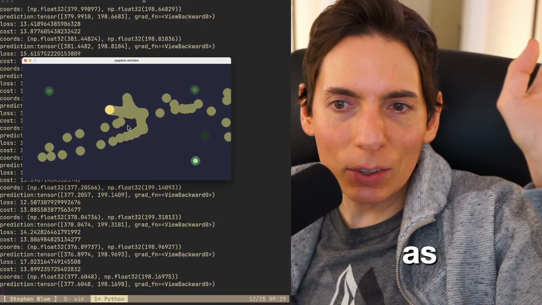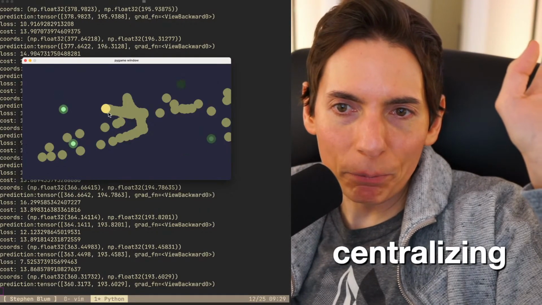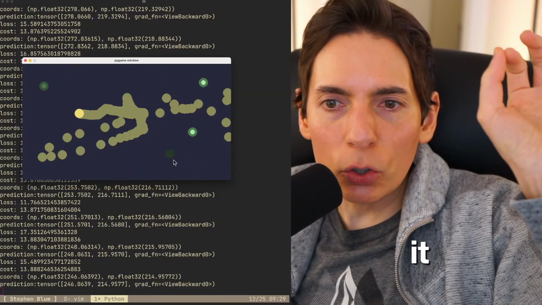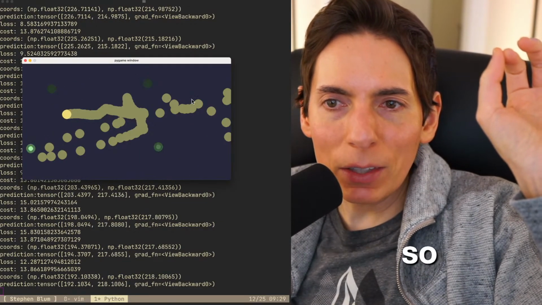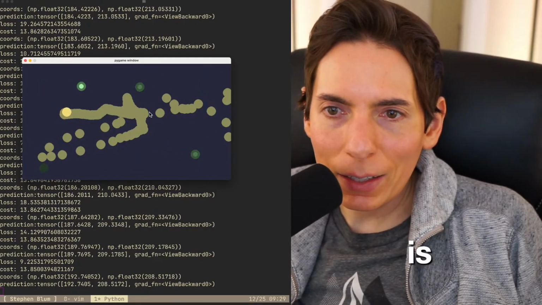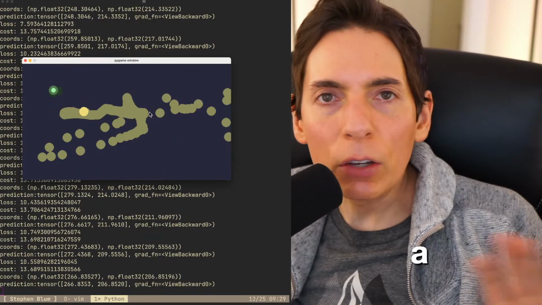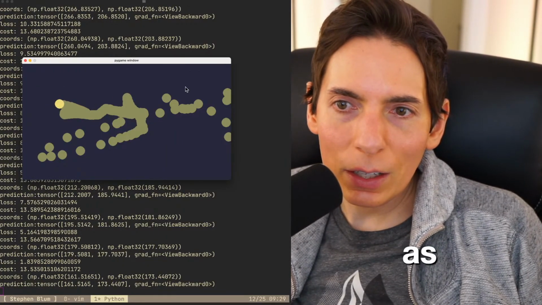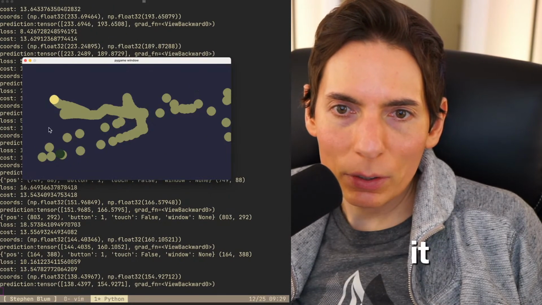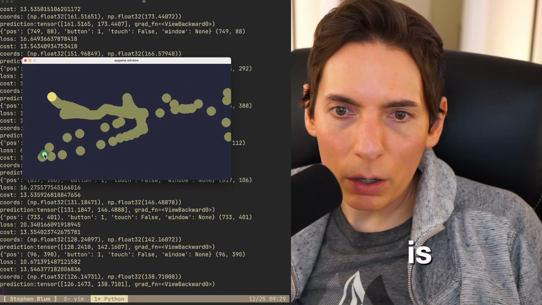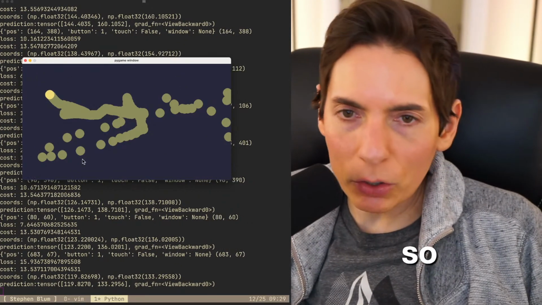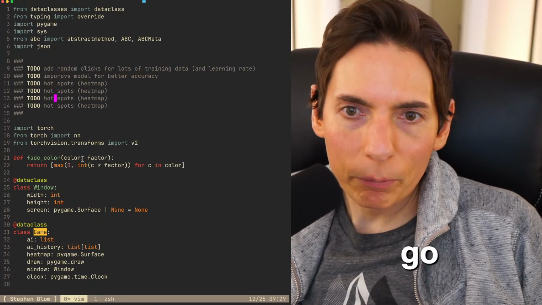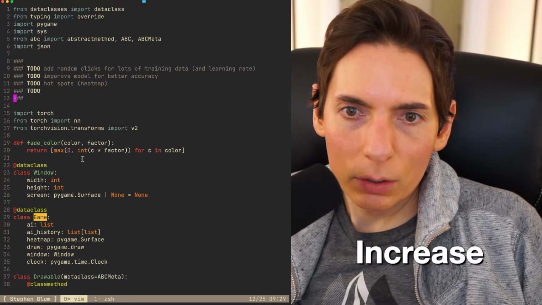So now, as you can see, it's centralizing, which is still a problem. I think it's still a problem because it really needs to track independently. So another thing that we need to do is add in a different model. We need to add in some LSTM layers. As you can see, it stopped, which is wrong. We also want to increase... All right, so I've got two ideas. LSTM, increase. Okay, to do: increase